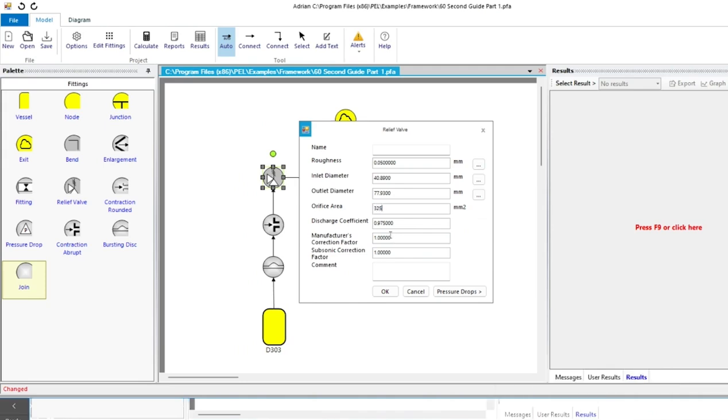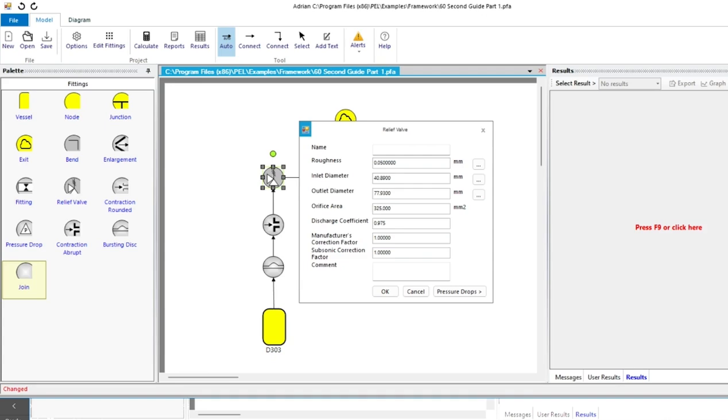562 is too big. I wanted 325, so I could just type 325 in there. Now, the issue I've got is that is an effective area. So what I've put so far is 325 as an effective area, 0.975 as my discharge coefficient, my KD. This is going to be calculating my pressure losses if I just had a valve, ignore the disc for a minute, just a valve on its rated capacity, but that's not what I've got. I've got an orifice area. So what I need to do